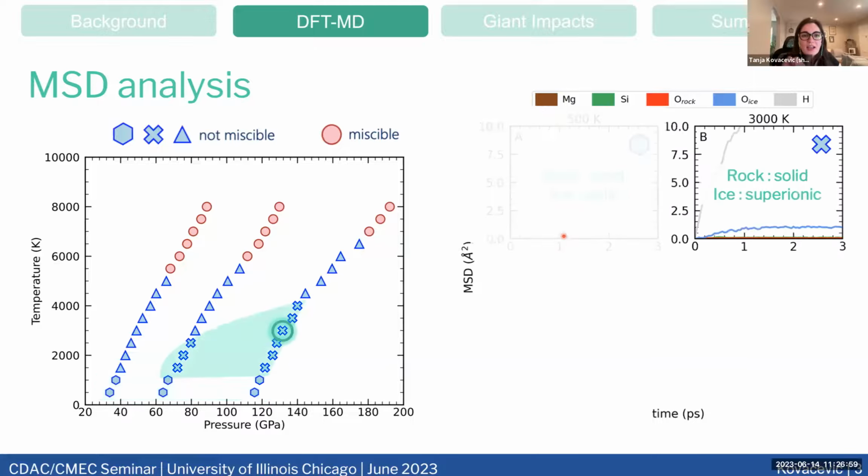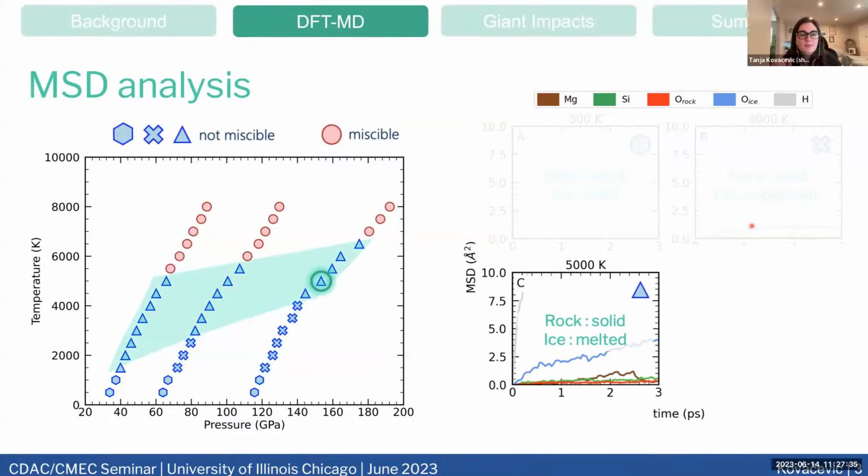Next, with these cross points, the first interesting high pressure phase we're going to see is superionic ice, which means that the oxygens are going to stay put in their lattice sites while the hydrogens are now diffusing like water. We see that with these protons: their MSD is shooting right off the page, within a picosecond it's jumping off the page. And the ice oxygens do shift a little because of all of the protons moving freely around, but the slope is 0, so they're going to be vibrating around those lattice points.